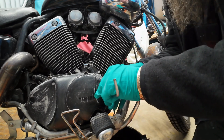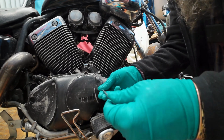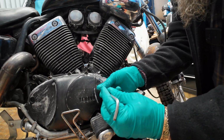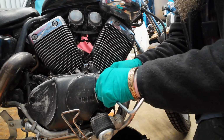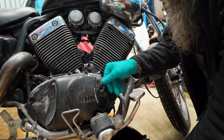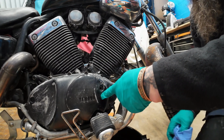I put the sump plug back in with a new copper washer on and tightened it up. Again, the torque specs are in the book and the owner's manual, so I'm not going to give you specs really. It's up to you to find that out. So this is the third one. That's quite a long one. So it's 1, 2, 3, and then obviously you will have some oil come out of here because it's the